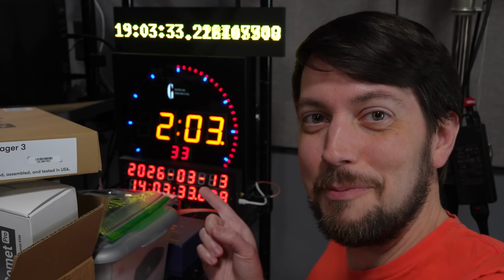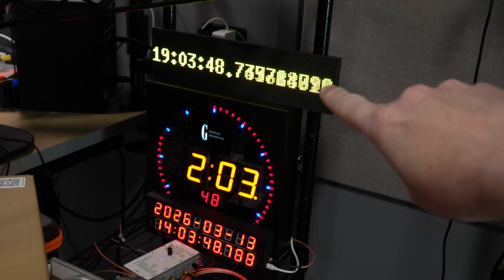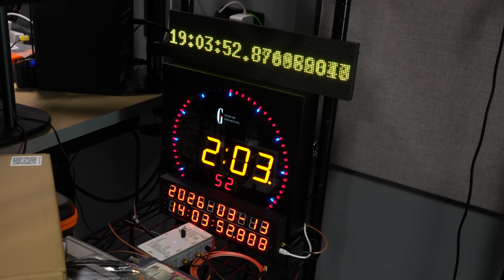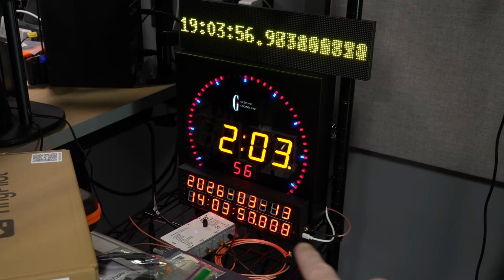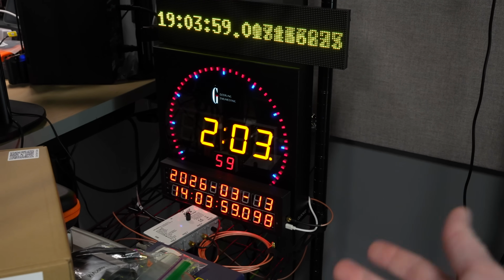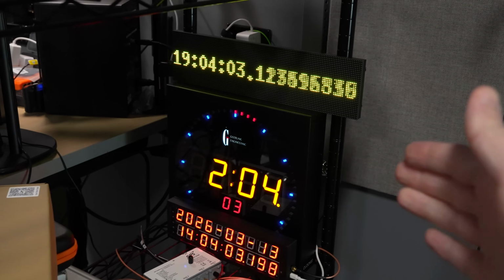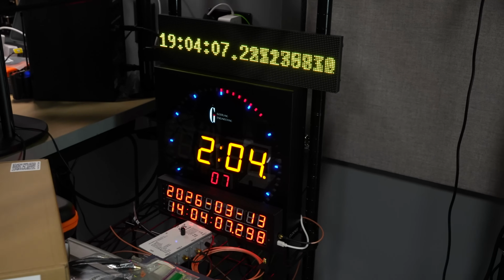Hey look, it's time for an update. So if you missed my previous video, this is a PTP clock showing PTP time on my network. This is an NTP clock showing NTP time on my network. And this is a GPS clock showing time straight from a constellation of GPS satellites. So now I can finally compare if my GPS time is propagating through my network, through my time server, to